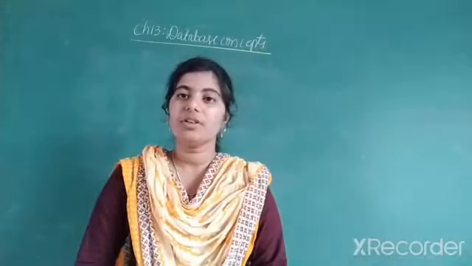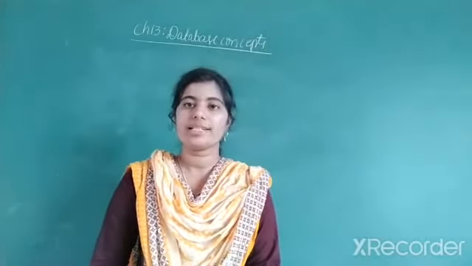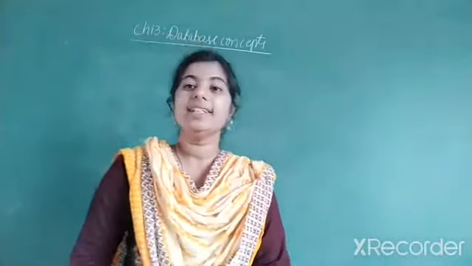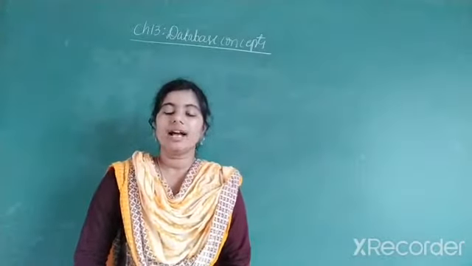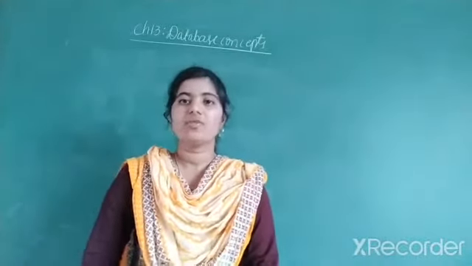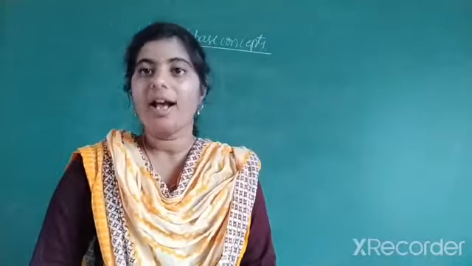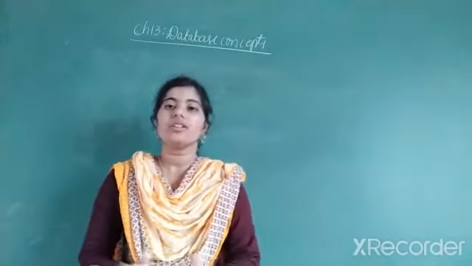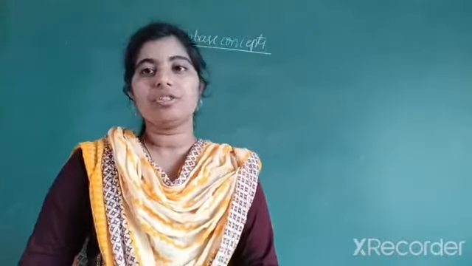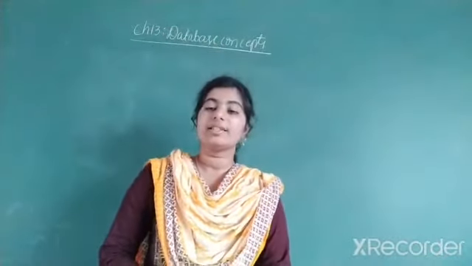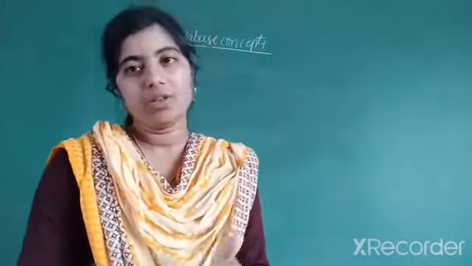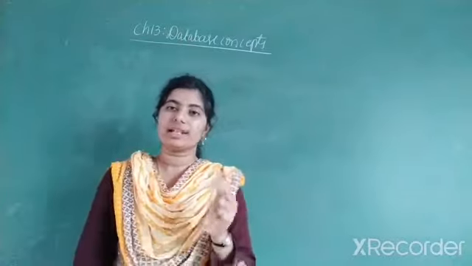In the last session, we discussed the topic called entity relationship model. It is also called entity relationship diagrams. In that, we discussed that an ER diagram is defined as a visual representation of data, and it also establishes the relation between the two data. When you consider the ER diagram, mainly there are three components of an ER diagram. The first one is entity, second one is attribute, and third one is relationship.